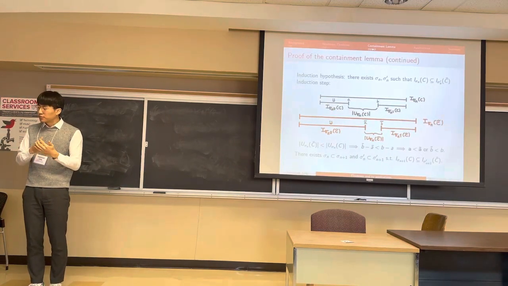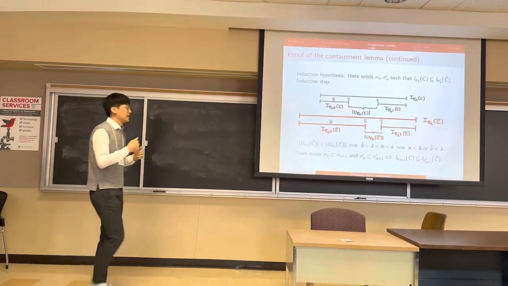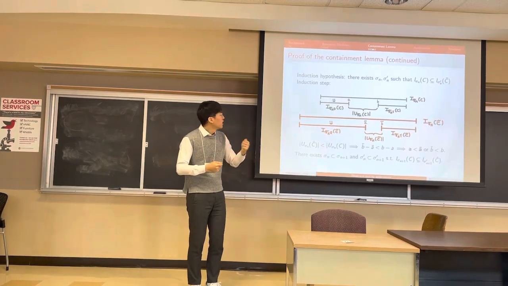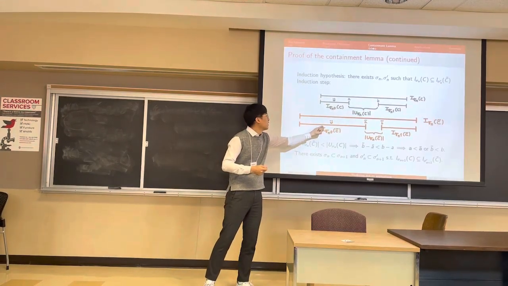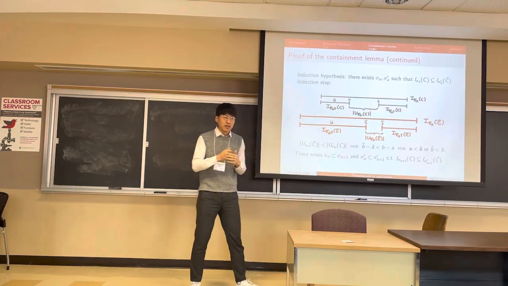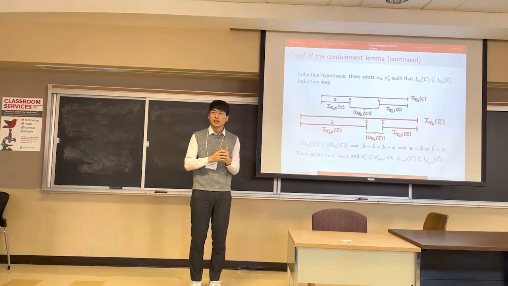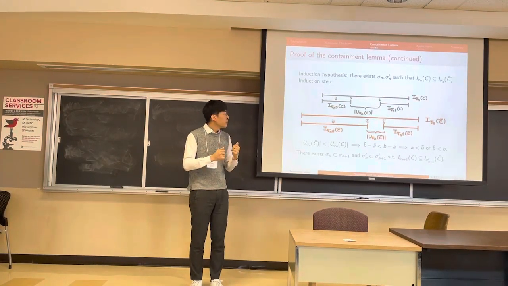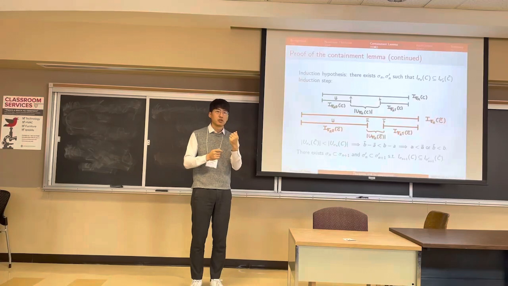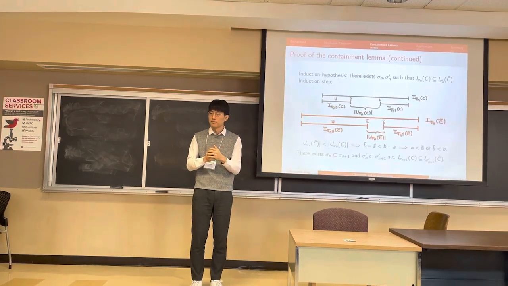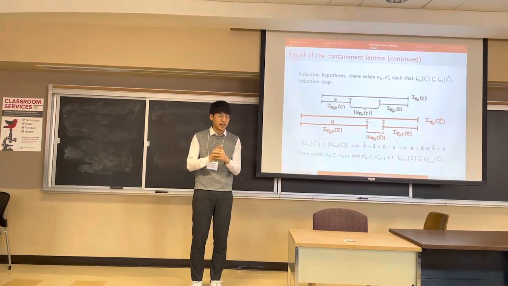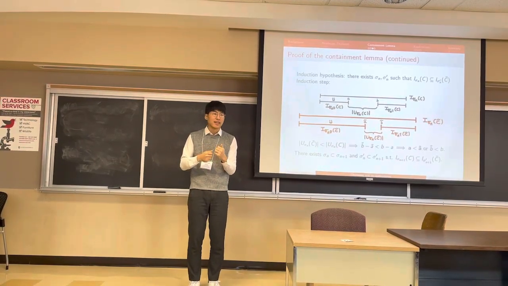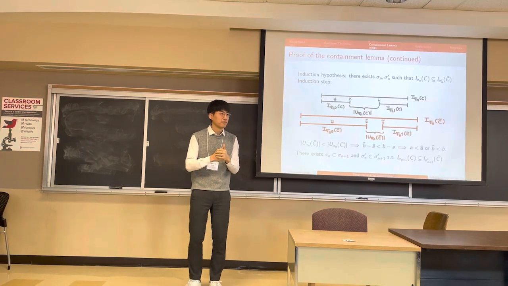And now to conclude the proof, after we have this containment, we're going to choose two points, one in C and one in C tilde, such that their distance is less than the length of the interval of C. And because the length of the interval of contour set C should go to 0 as n goes to infinity, because it's totally disconnected, the distance between the two points that we chose will also approach 0. C and C tilde are compact. Therefore, the limit point should exist in C as well as in C tilde, implying that C intersection C tilde is not empty.